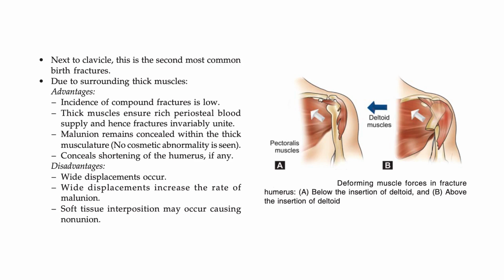Also, the radial nerve injury can occur before reduction and sometimes even after closed reduction, due to it getting trapped in between the two fracture fragments. This is the only fracture in the body known to show this peculiarity, because it is always seen that after a humerus fracture, the person presents with a wrist drop. There's a complaint of wrist drop, and they had an injury at the arm.